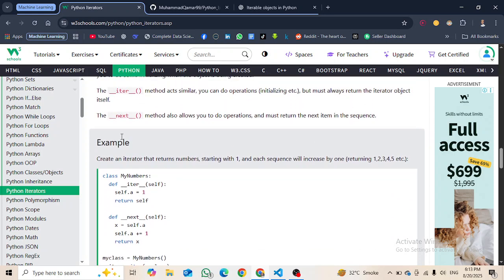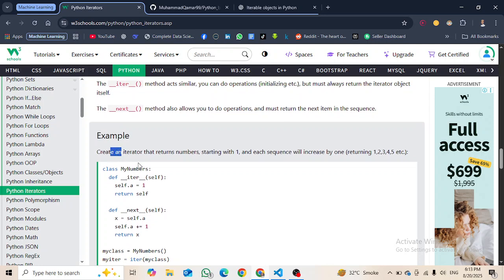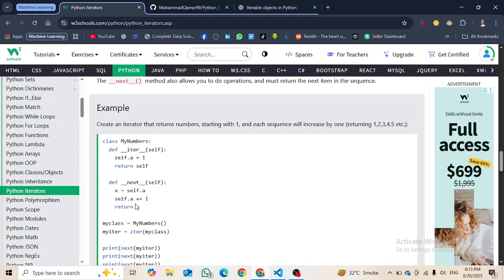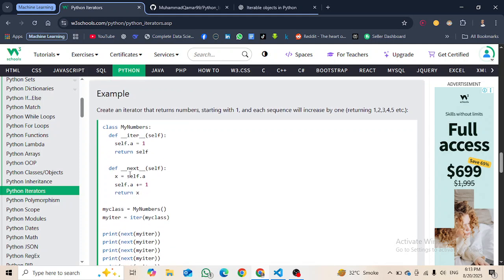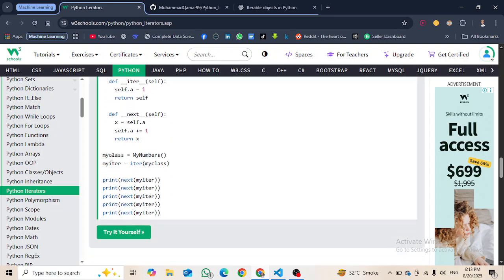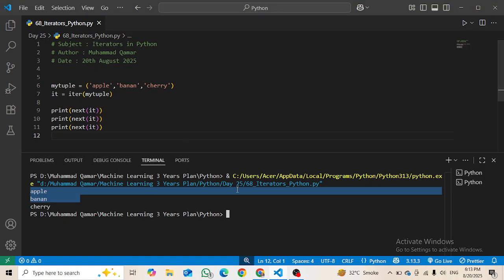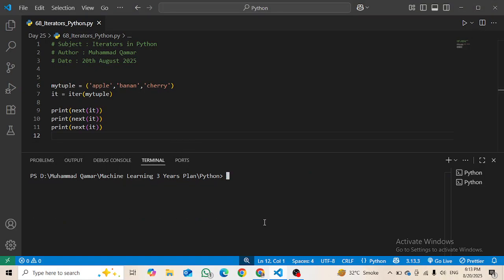So what we can do here is use the iterator inside the class. We have to make a class, then define the __iter__ method, then self equals to 1, return self. Then __next__, self and self plus 1. Let's see what is going to happen if we write it.